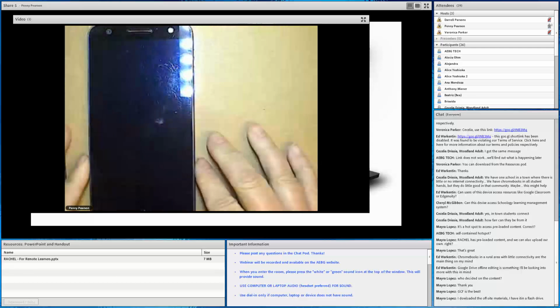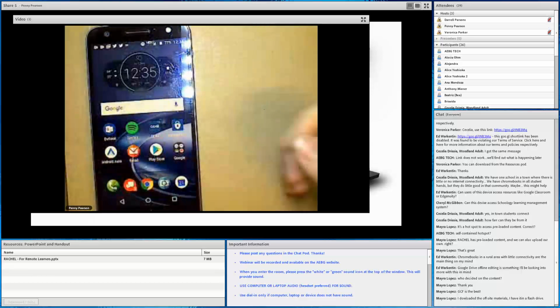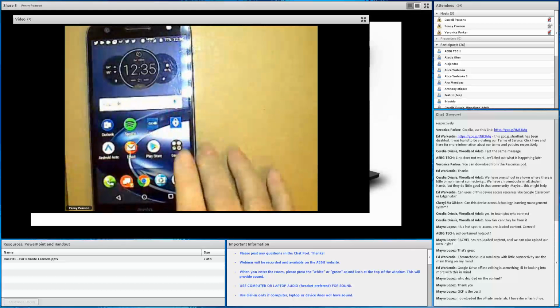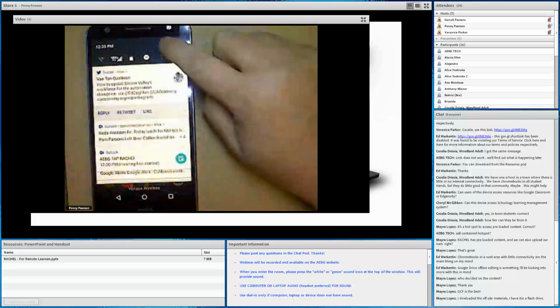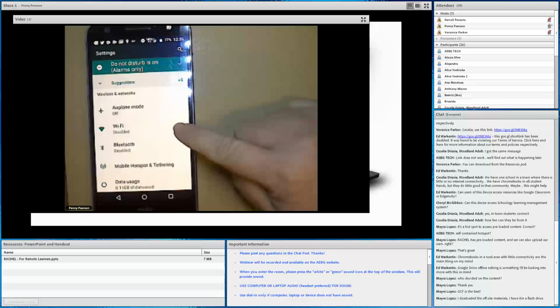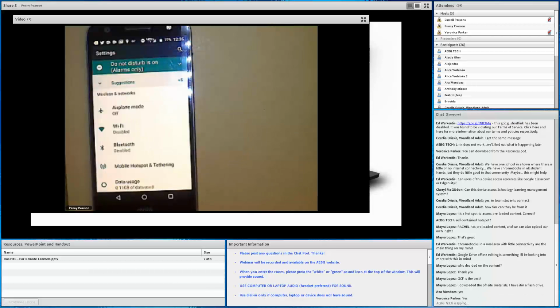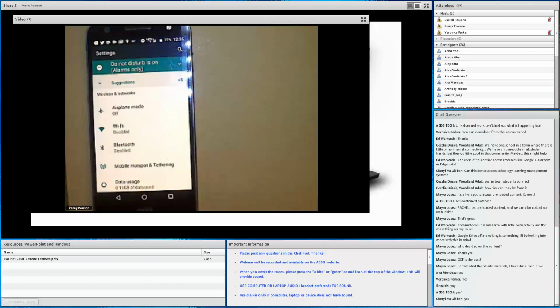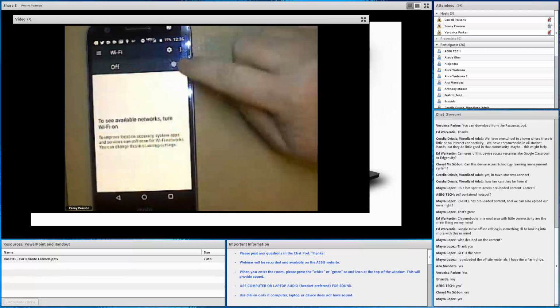So I have my device. I'm going to turn it on, and I'm going to go to the settings on my phone. So I'm just going to swipe down and choose my settings. And you can see that my Wi-Fi is currently disabled. All right, is everybody seeing that okay? Give me a yay or a nay in the chat pod, please. Awesome. Okay, so I'm going to tap on my Wi-Fi, and I have to turn it on up here.